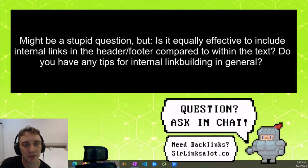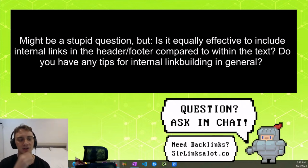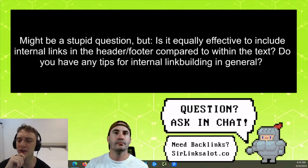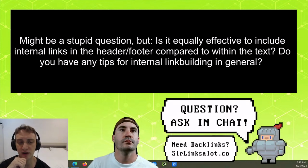Might be a stupid question, but is it equally effective to include internal links in the header and footer compared to within the text? Do you have any tips for internal link building in general? Yeah, so a lot of people get really crazy with internal link building and they have all these rules